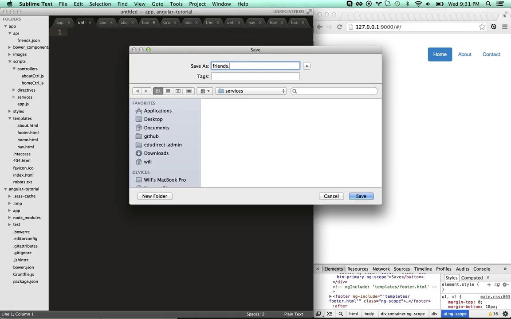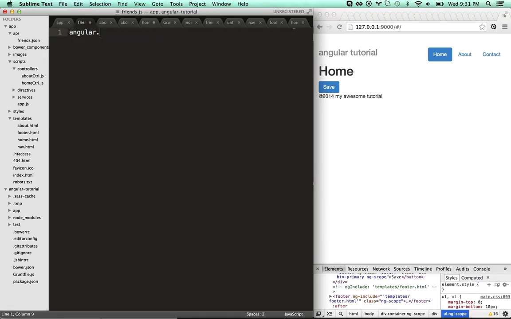Friends. Let's keep this all for easiness. I'm going to keep it all registered to the app module. And we're going to do factory. As a normal naming convention, if you're creating an Angular service, you're going to start by uppercasing it. There we go, Friends. And whatever we return is what our people are going to get whenever they load this module. So if we return this and it's just a list of friends,